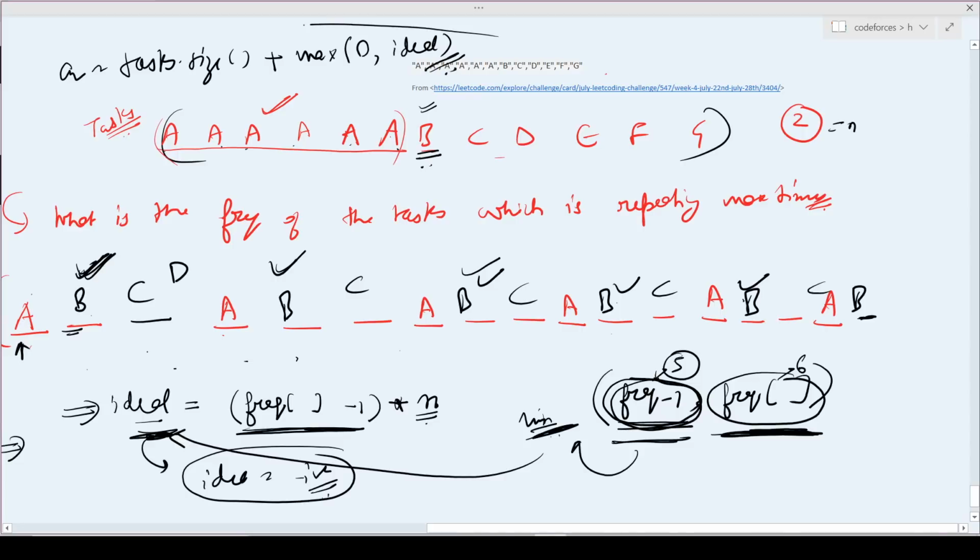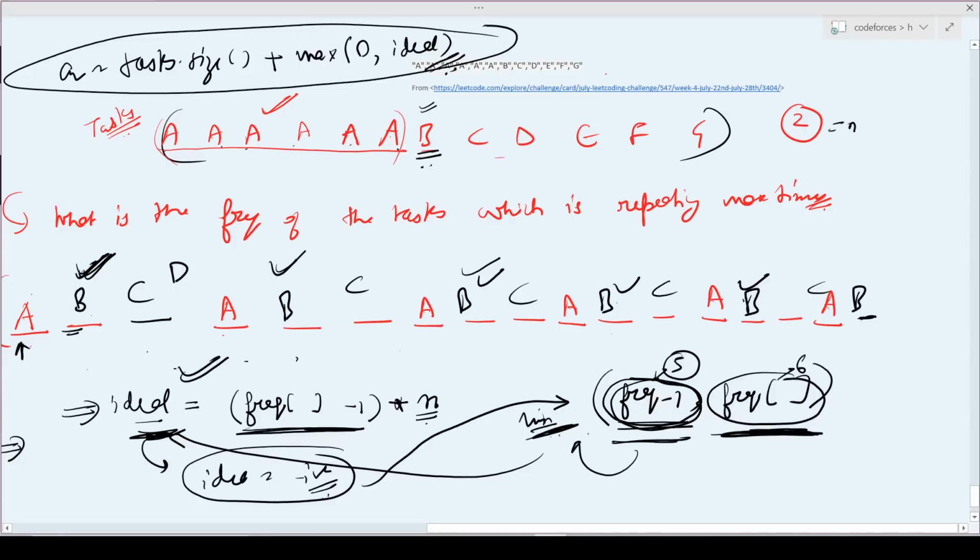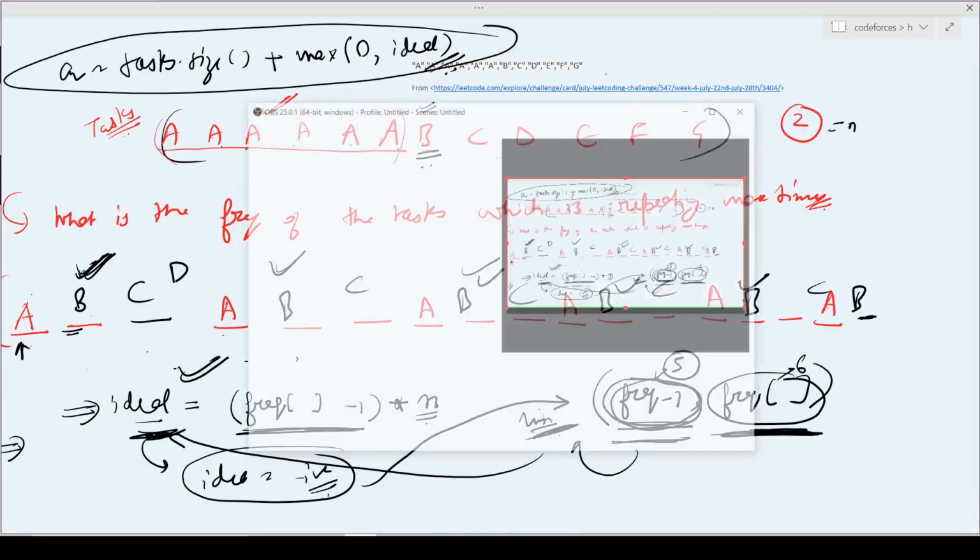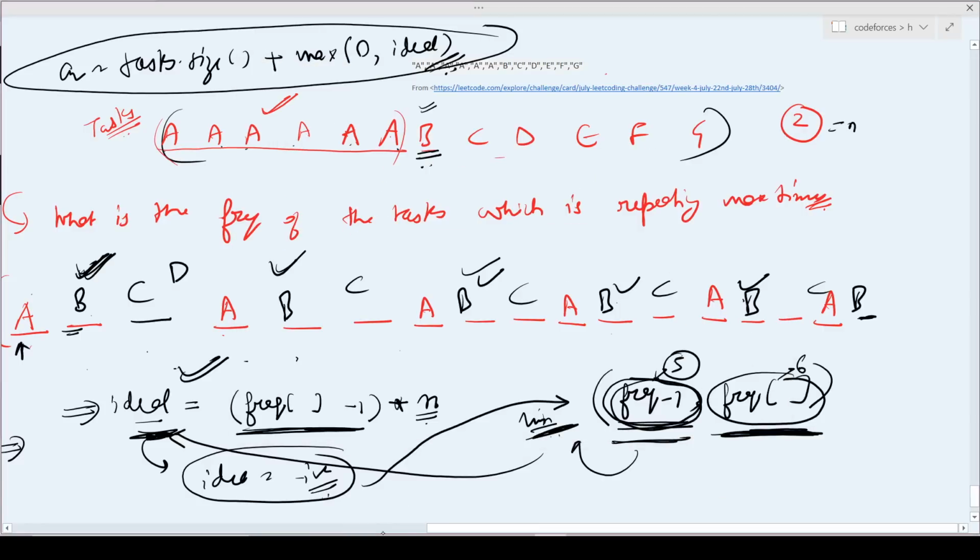First of all I will find my number of ideals, then I will try to reduce these ideals by this formula, which means frequency minus 1. I will completely show you why this formula works, or why I choose this approach, and then we will write our loop. So let us see if it is working fine. Yeah, it is working fine.